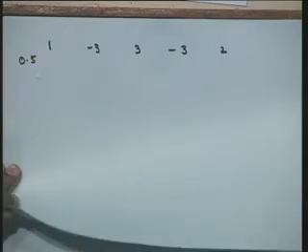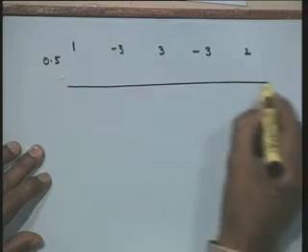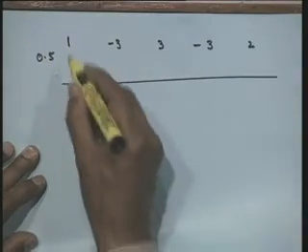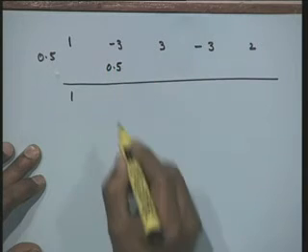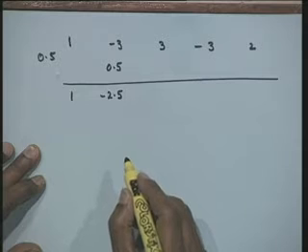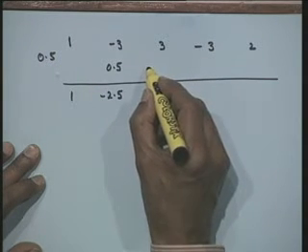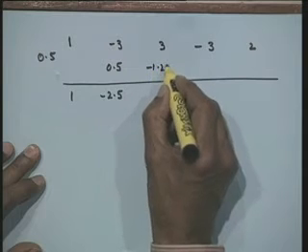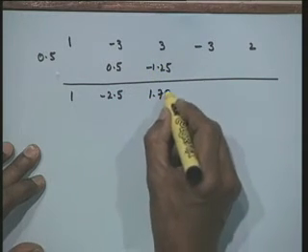So, we take this p here, I will write this as p is 0.05. This is your b naught, that is 1, multiply these two, I will get here 0.5, sum them up, minus 2.5, 0.5 into 1.25 minus 0.25, that is minus 1.25, sum them up, I will get 1.75,